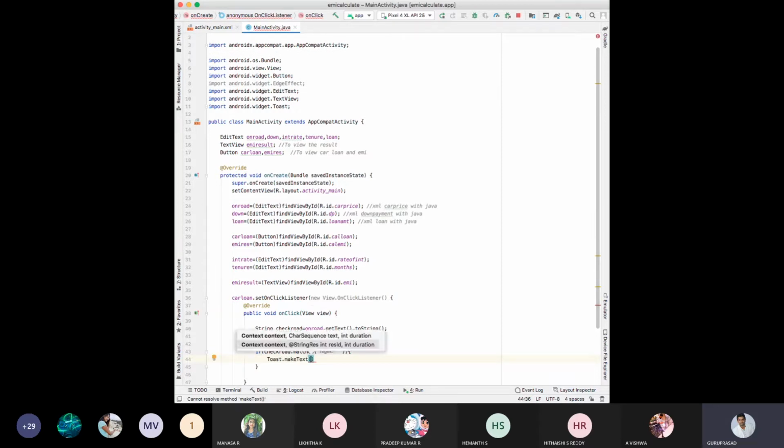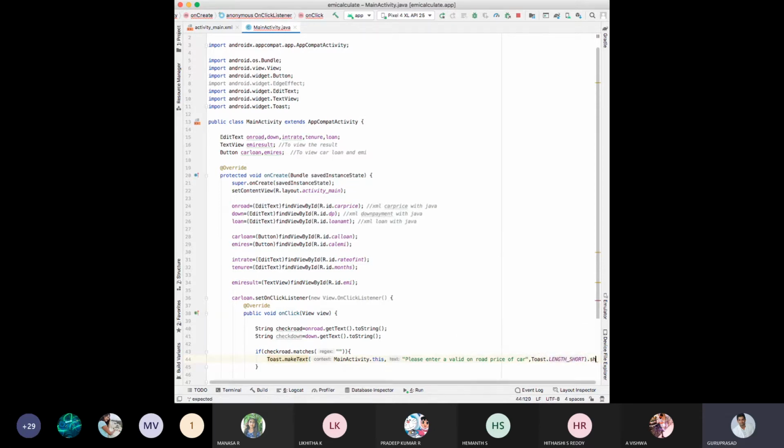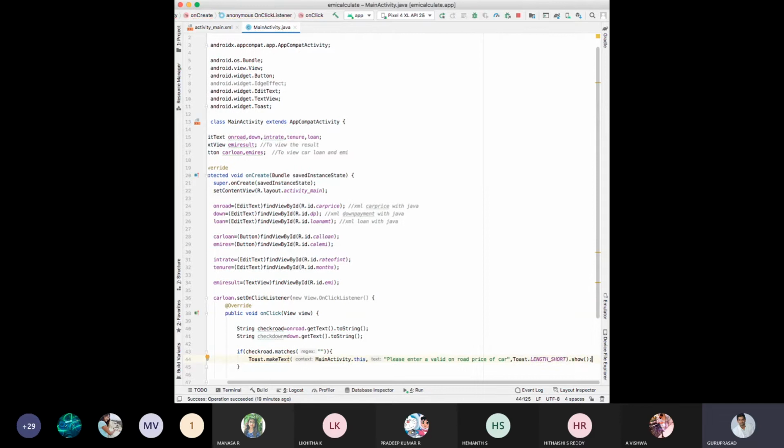Where you need to make the text? In MainActivity dot this. What you need to toast? Please enter a valid on road price of car. Okay, next comma Toast dot LENGTH_SHORT dot show semicolon. Okay, then return.